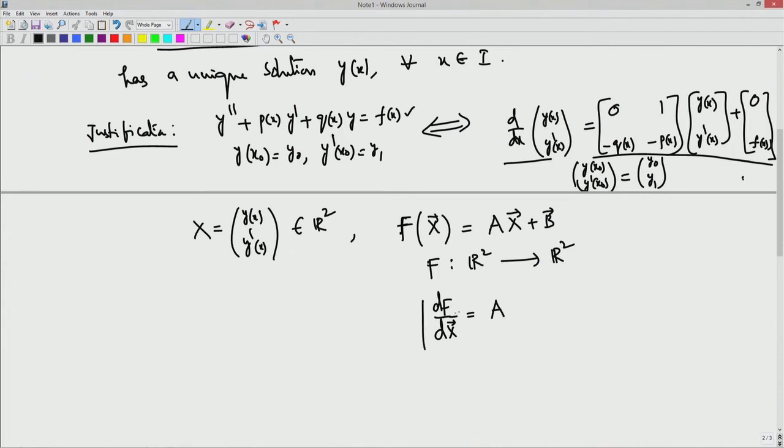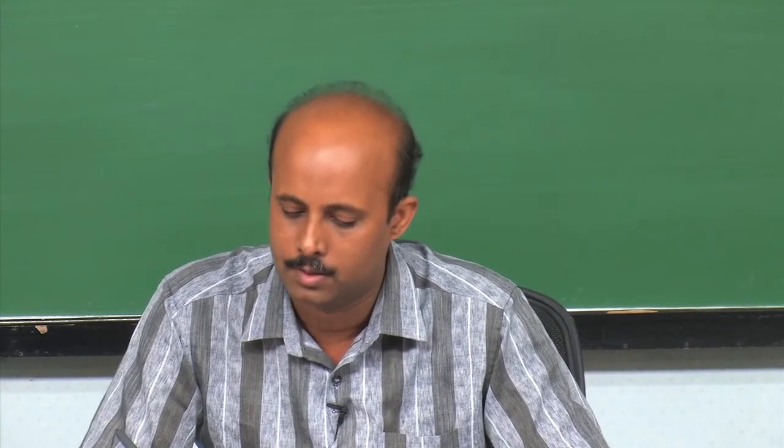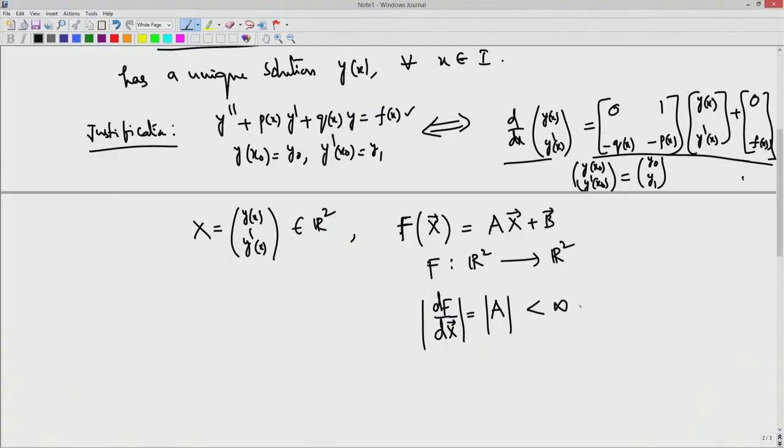So, if this is the norm, what is the modulus? Where a is an operator, a has 4 elements, so it is in R4. The modulus of that is the square root of the sum of the squares of all the 4 elements in the matrix. If that is finite for every x in I,